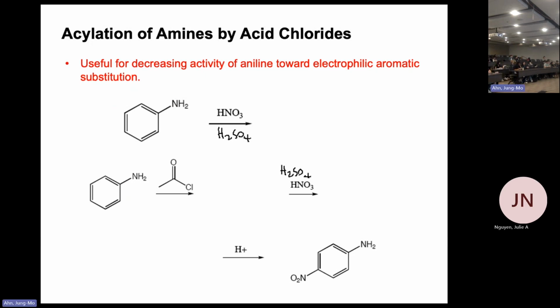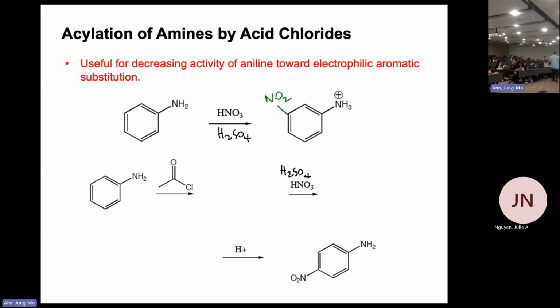Or maybe you would detect that something is wrong in there. This will never make that, right? Because this is a really strong acidic condition. Amine is going to be protonated. Then once the amine becomes protonated, that makes a very strong deactivator. So nitro will go to the meta position, not this. So that is what we know, and that will be what happened.